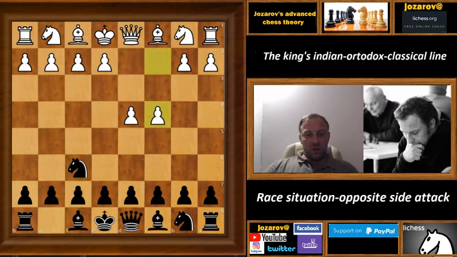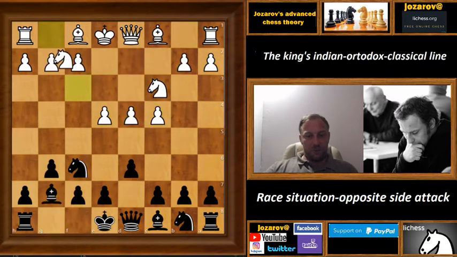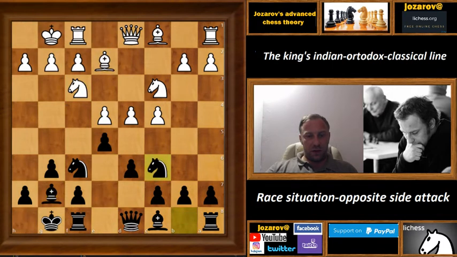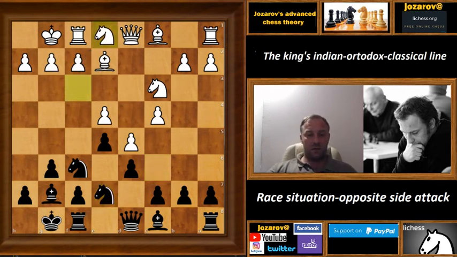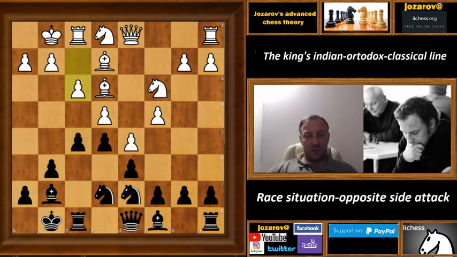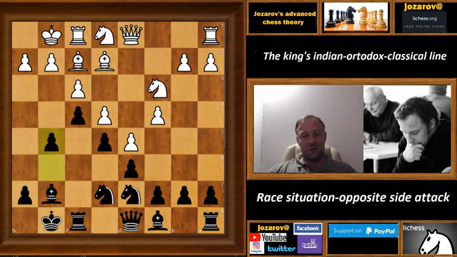So again we go to this orthodox setup. Now e5, castling, knight to c6, and now d5, and after bishop to e3, f5, f3, f4, and now after g5, now this g4. So you see, if black takes en passant, well, the attack is not so